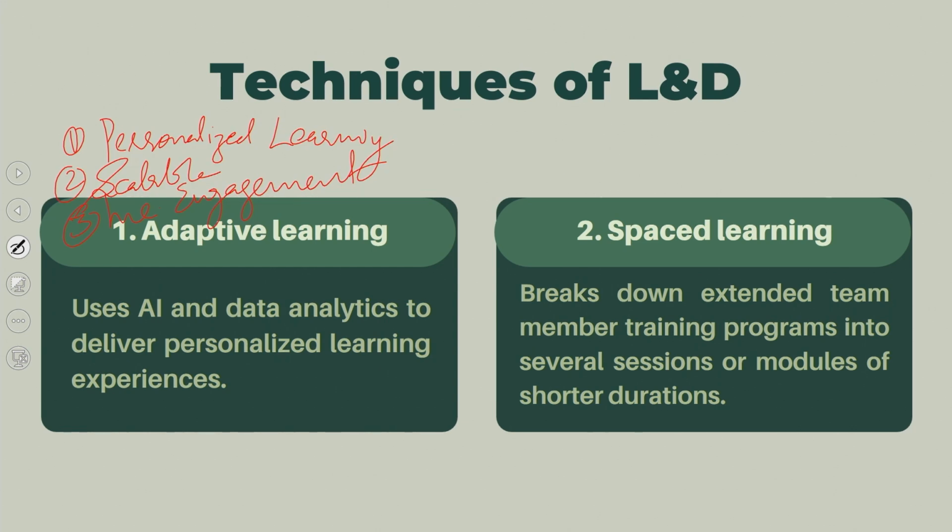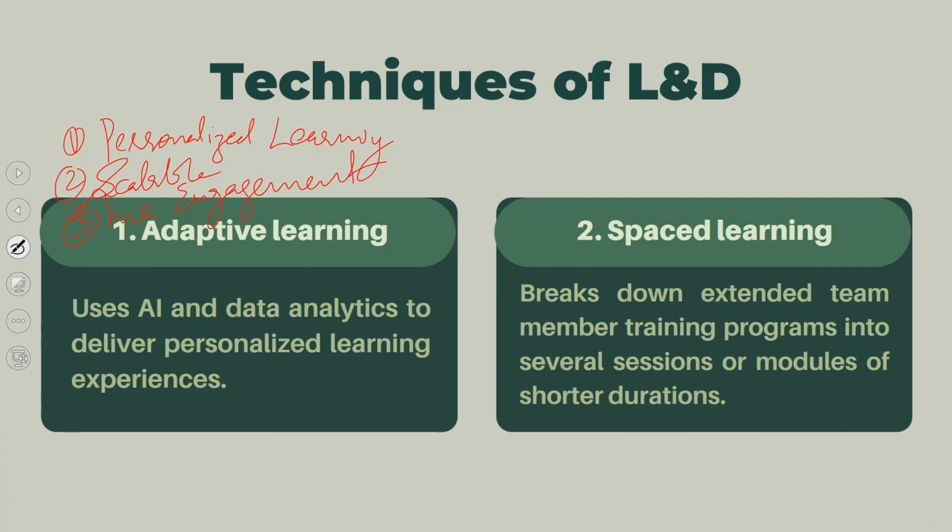So when you look into the advantages, we have to also consider the disadvantages. The disadvantage, of course, is the high initial cost that comes first to my mind. Developing or purchasing adaptive learning platforms can be very, very expensive. Data privacy concerns: collecting personal data requires stringent privacy and security measures. You look into the limited availability, you see that adaptive learning tools are still developing and may not be widely